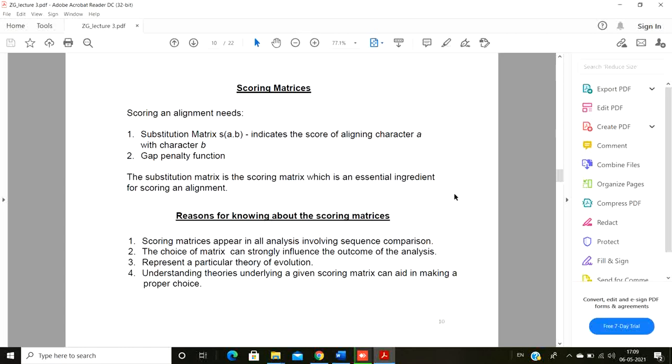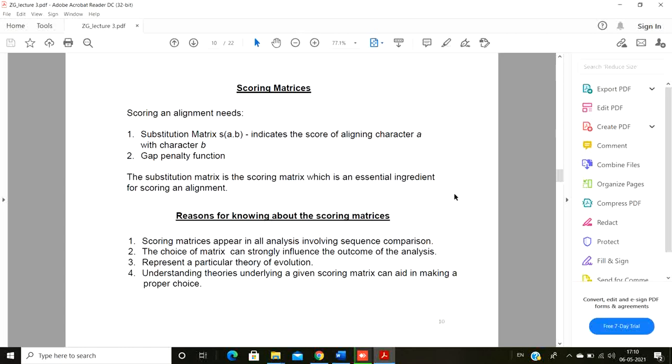Now we know that these gaps are generally caused by a deletion mutation or insertion mutation, so they are giving you a penalty. But what about substitution mutation? Because a substitution mutation is not going to create a gap in your sequence, but that is also a difference, right? So how can we introduce this change in the algorithm? For that, people have developed the substitution matrix.